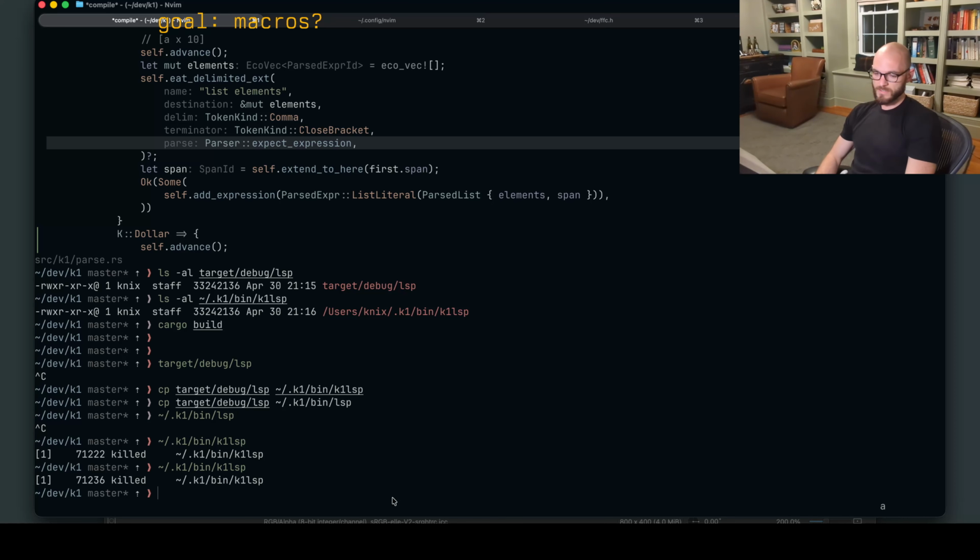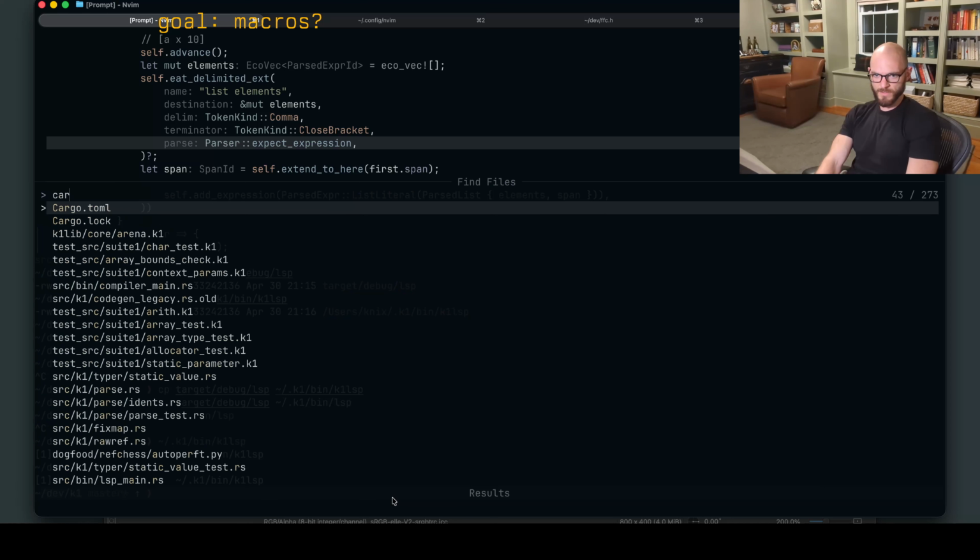Is it because it's a debug executable and it cares about its own name? Maybe I'll just rename the binary anyway.